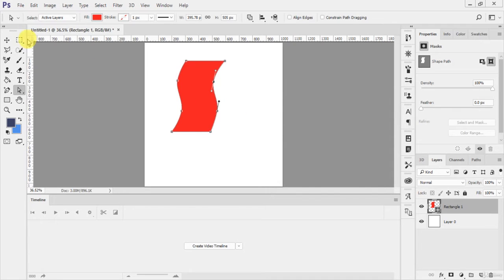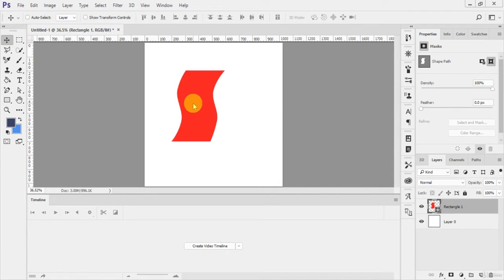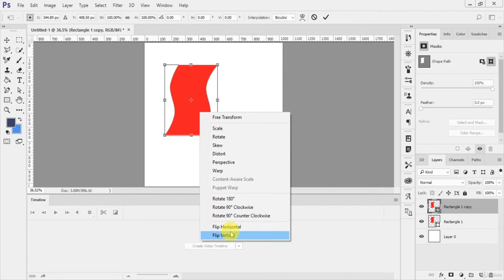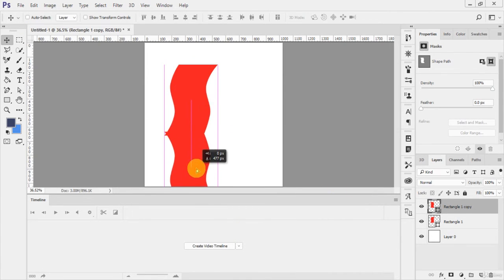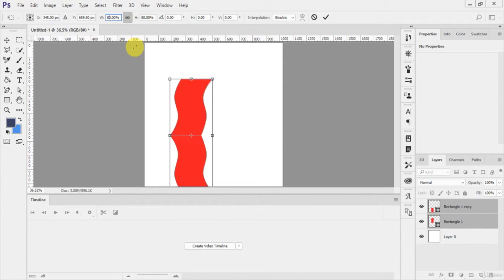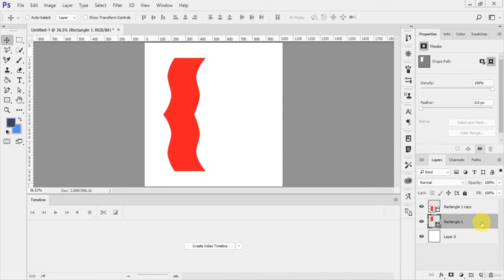So just select your move tool, and you can see, and now press Control J. Okay, Control J, Control T, and flip vertical and make it here like this. Now select both layers, Control T, and change it to just like 80%. All right, and now this is the top, so name it top and name the other one bottom,